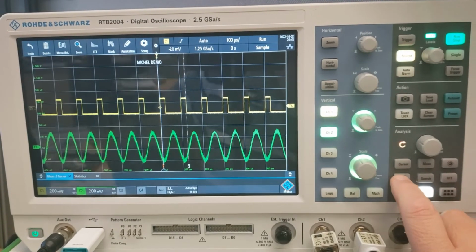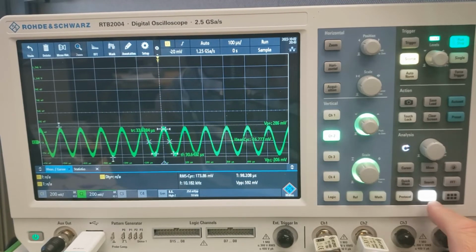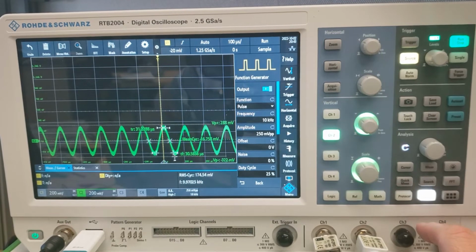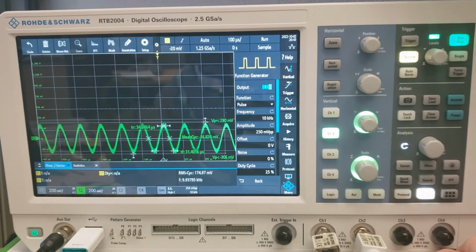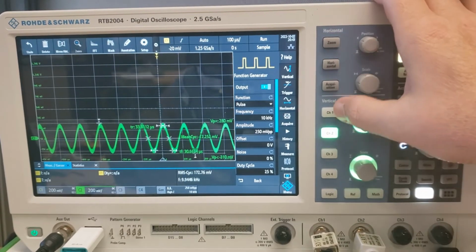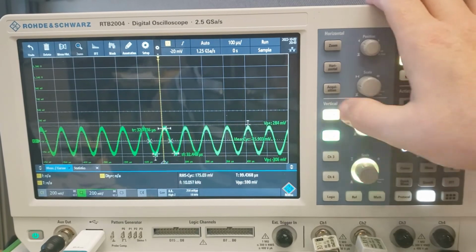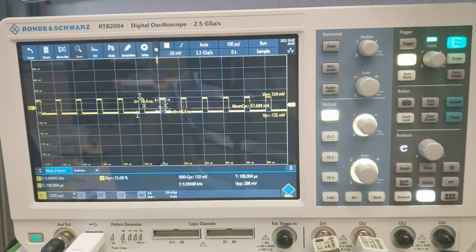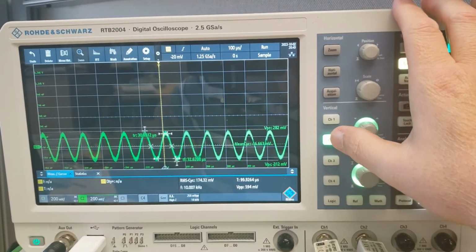I guess quick measure. It's probably going to ask me this time which channel I want to work with. Oops. I think I turned the generator off. Generator on. Nope. Oh, it's because I turned the channel off. There we go. So I want to turn on channel 1 and channel 2. Oh, I suppose when you do select measurements, it's doing it just to one channel. I'm not sure of that yet, but